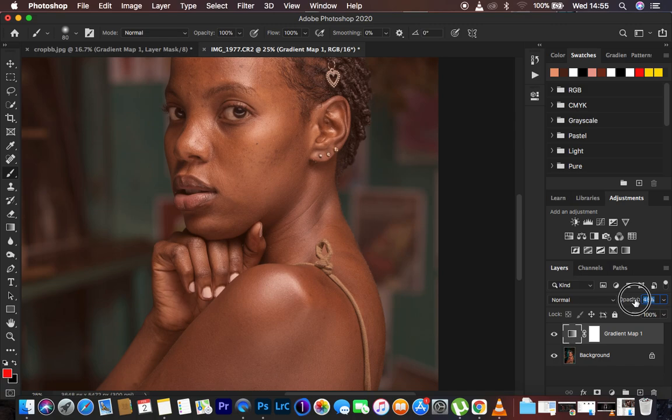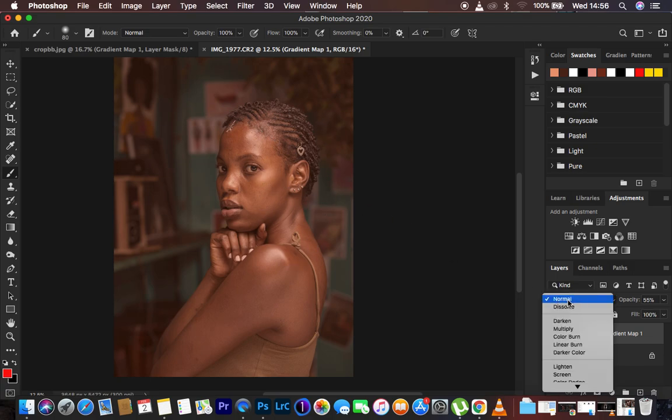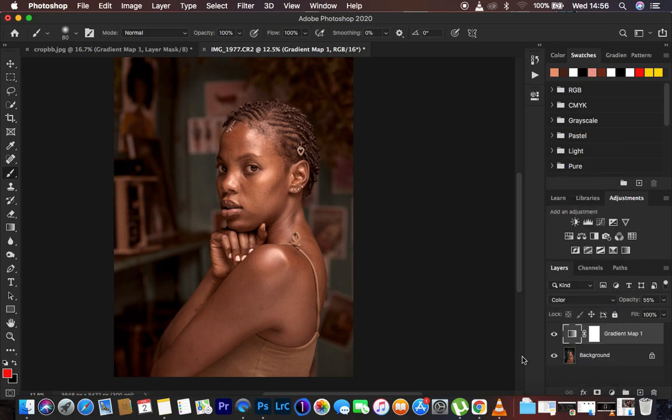It is affecting the overall image right now, but as you look at the image, you can see that almost all the colors are looking a little bit uniform. So just turn it up a little bit more depending on what you want out of your image, and come to the blending mode and change it from normal and scroll all the way down to where it says color. Now you can see everything is looking a little bit uniform, and come to this white layer mask, and now we just want to hide the effect from affecting the overall image. So make sure the white layer mask is selected and hit Ctrl or Command I on the keyboard